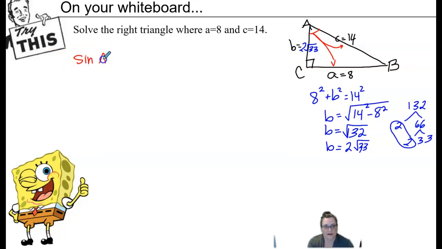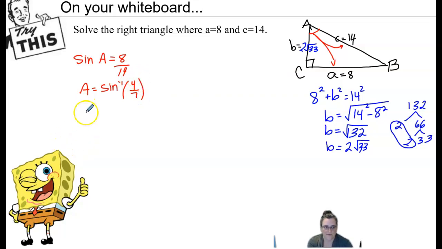So the sine of angle A is equal to the opposite, which is 8, over the hypotenuse, which is 14. I'm going to take the arc sine of both sides to get A by itself, and A then is equal to the arc sine of 4/7